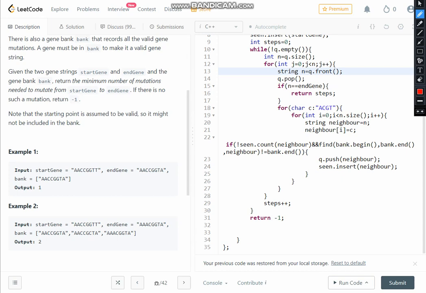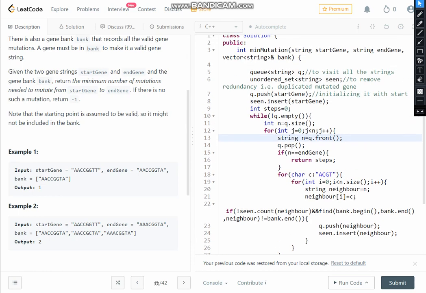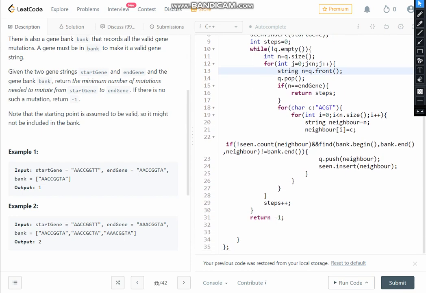So if seen.count(neighbor) is not equal to seen.count(neighbor), that means if neighbor is not present in seen, then only we will work. Here we can see that I placed a at the place of a only, so this is present because I already inserted it in seen, start gene, so this will not work. And this condition, if it is false, we don't need to check the rest because there is an and. If one is false, no matter, we won't run these conditions. Okay, so we